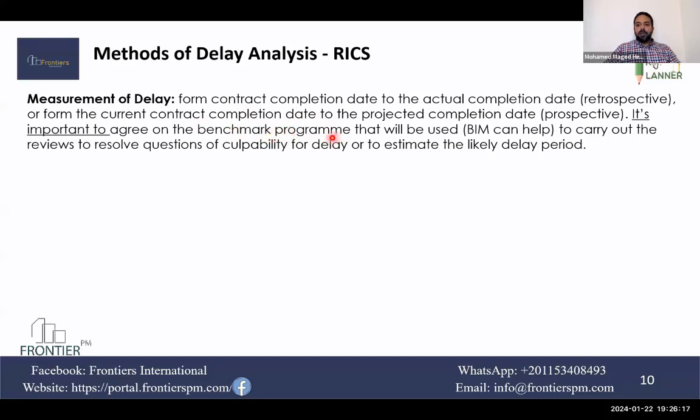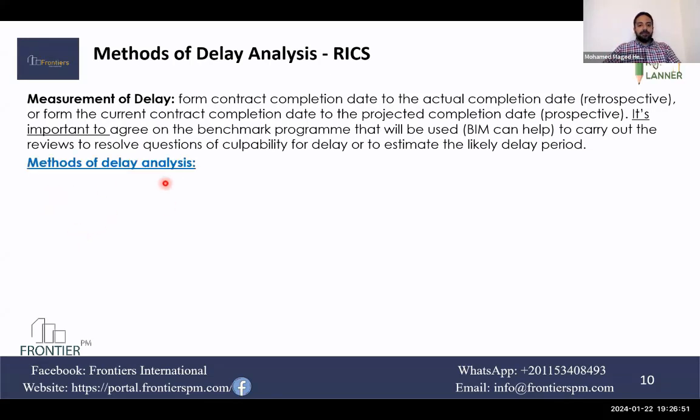To have a program you are using in the delay analysis, if you agree on something in the delay analysis, you need to agree on the program you will use. You need to agree on the method. Once you agree, the coming steps will be easier. Or at least you decrease the points you will argue, or you have potential disputes.